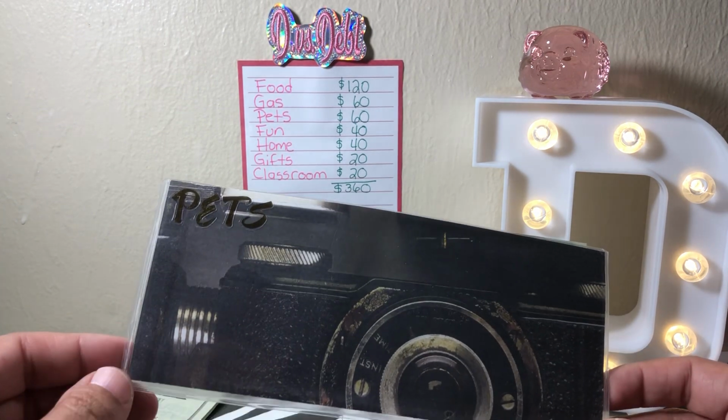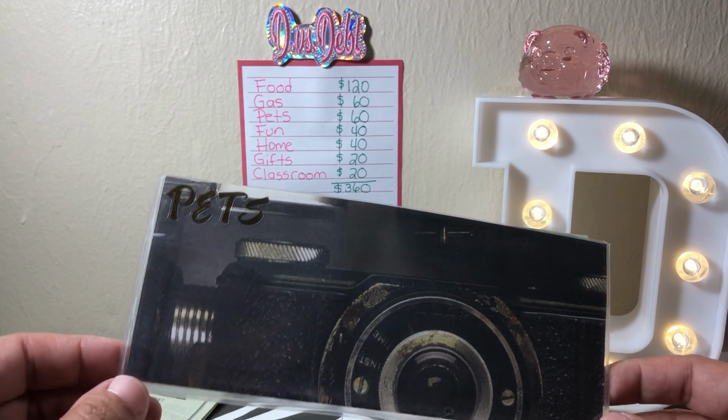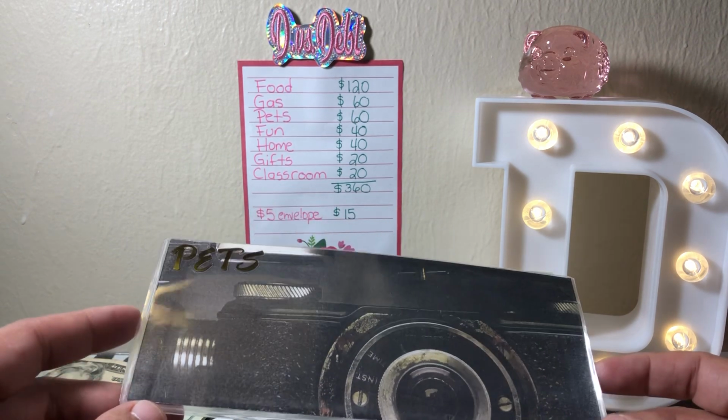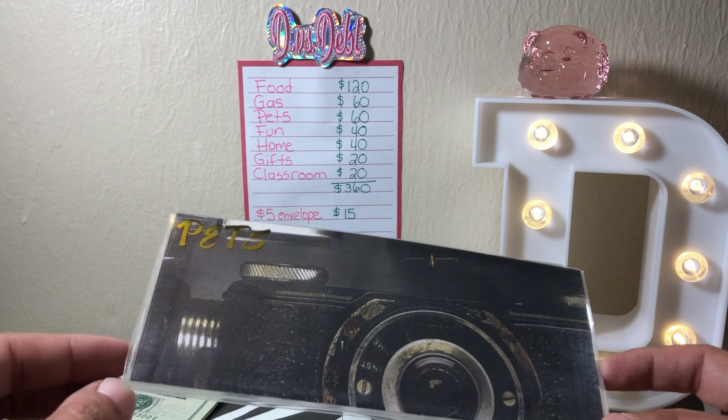There's a Dollar General here in town. Every Saturday you can use a 20% off coupon. So I'm just going to be buying the food from there. I scoped it out this last weekend, and for example, a bag of,